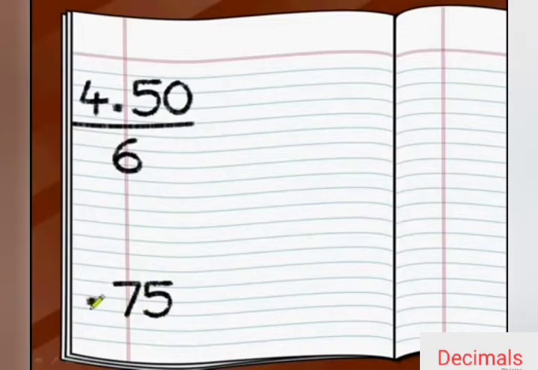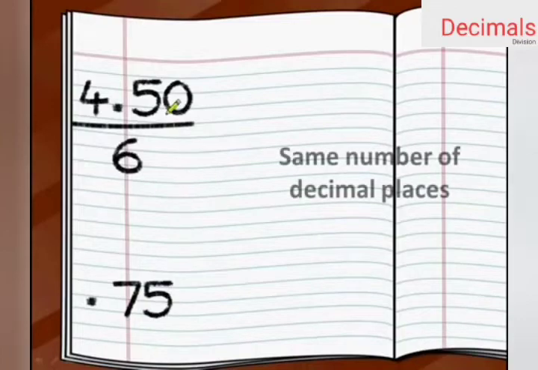What to do? Just divide simply, ignoring the decimal point. Then count the number of digits after the decimal point, and the same number of digits we will put, going from right to left. The one thing you have to pay attention to is that the same number of decimal places should be there. Like you can see in the answer also, after the decimal point we have tenths and hundredths. I hope you are getting all the points, since for better understanding you have to do a lot of practice. Now let us take another example.